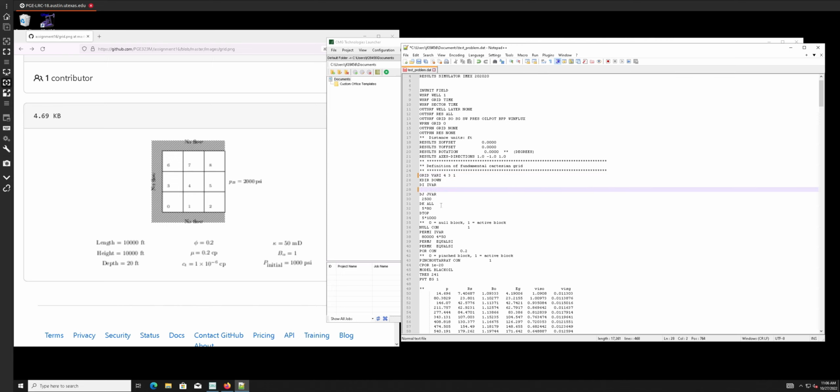So we have 3 grid blocks. If we divide 10,000 by that, each grid block is roughly 333.33 feet, and then we'll have a 1-foot grid block again over here on this edge. We also need the similar thing in the Y direction. This time we'll have 3 times 333.33 feet, and then in the Z direction our depth is 20 feet,